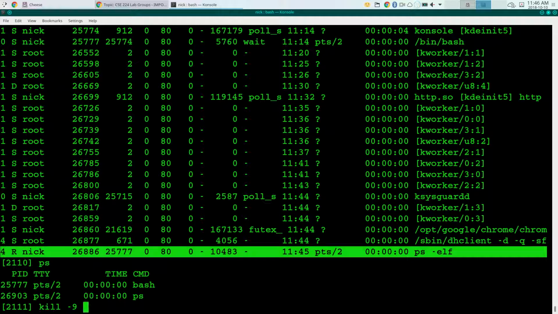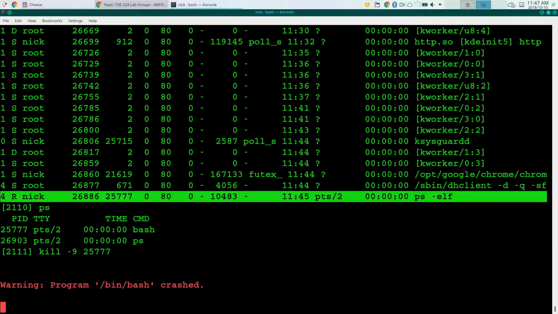But you can say kill dash and put in the number of a signal, and it actually sends that signal. And 9 is the absolute terminate. Don't do any process cleanup or anything like that. Don't check your flags to say if you should be able to be terminated. Just terminate. So if I kill -9 25777, which is my bash session,